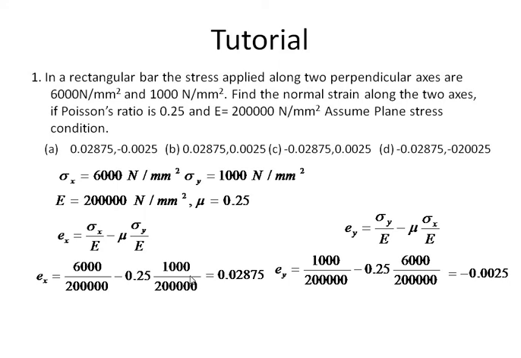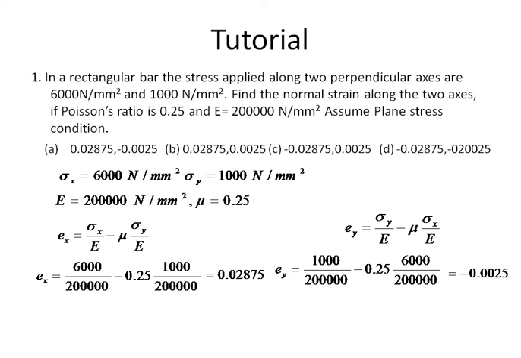So this is the way how the questions will be asked. In this question, the factors are Ex, sigma x, sigma y, right? Normally the constants, Poisson's ratio and Young's modulus will be given, and among these, now we are asked to find Ex and Ey, right? So we have variables Ex, sigma x, sigma y and Ey. Among these 4, any two data will be given and you will be asked to find the other two.